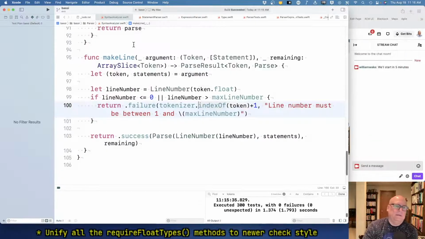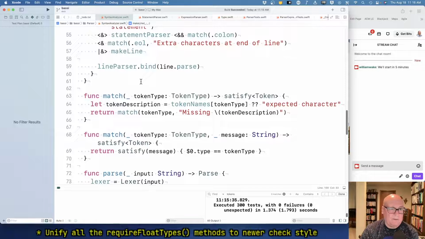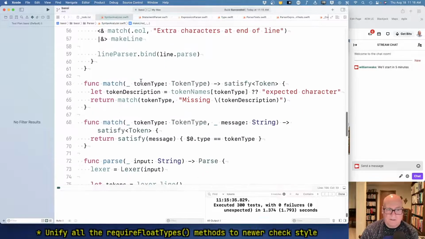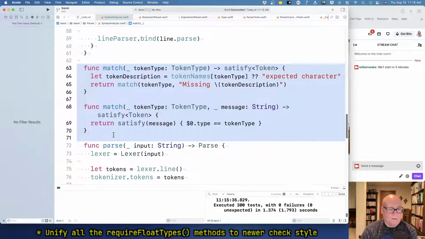Okay. Now I want to push some token stuff in there. Okay, I think that'll make something better. Okay, I'd like to put some match functions in there is what I'd like to do. Okay, so